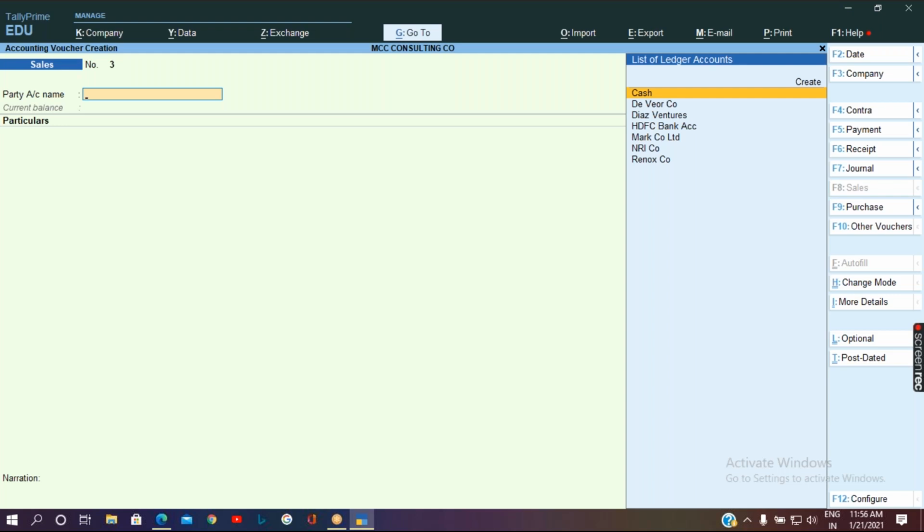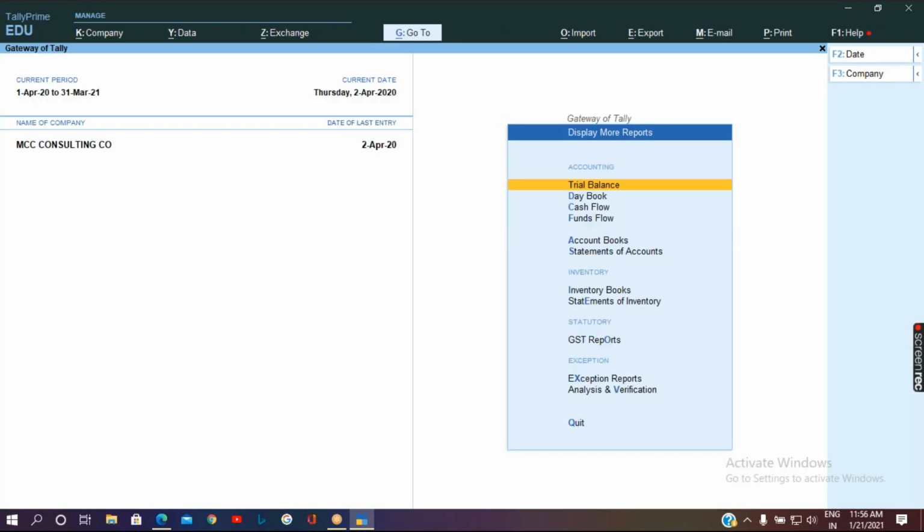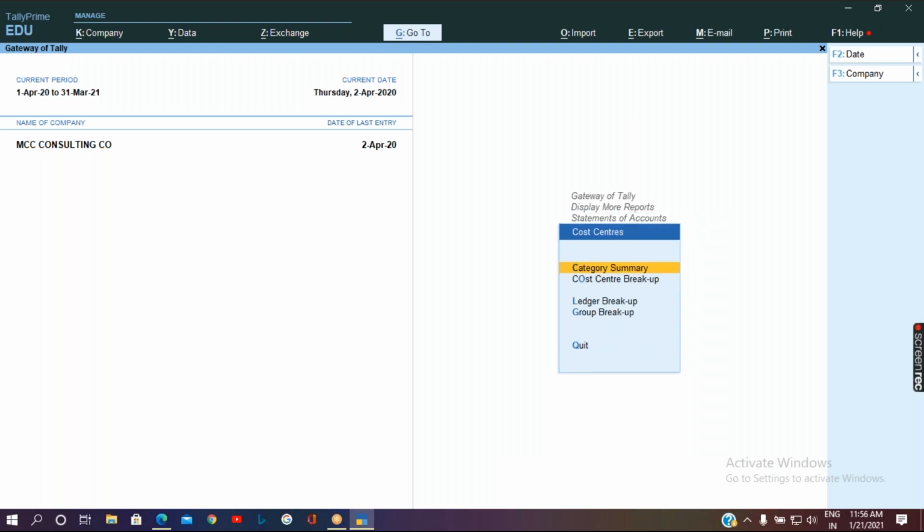Now, where do we check the report? We can come to the Gateway of Tally, go to Display, then Statement of Accounts. Here you have a report called Cost Centres. Here you can see the report based on cost category wise, cost center wise, ledger wise or group wise.